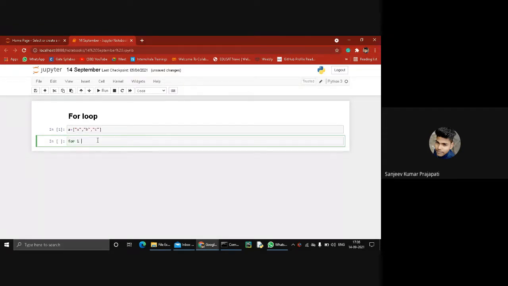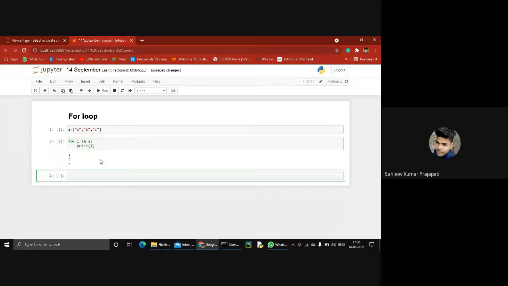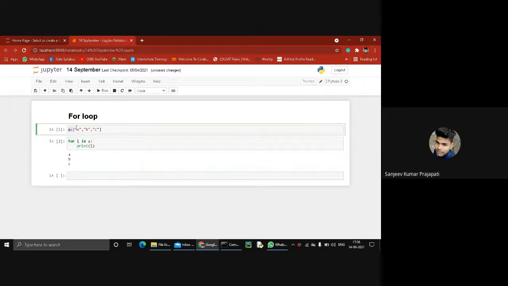So for I in a, print I. You see, we get a, b, and c. In this for loop, I is an iteration variable and a is a list, your entire list.